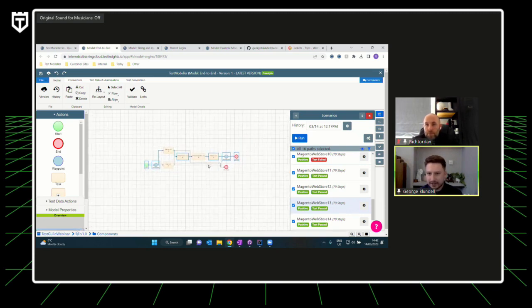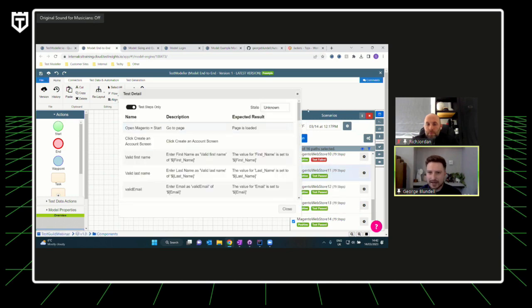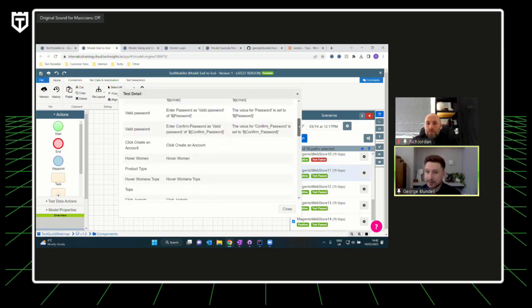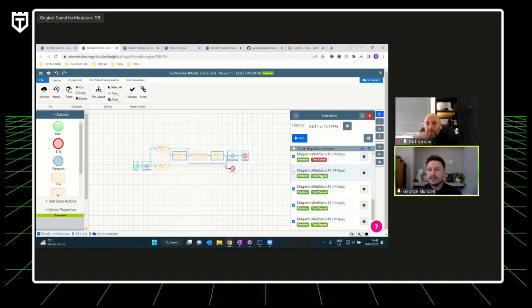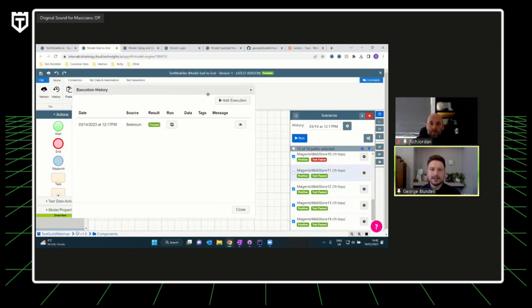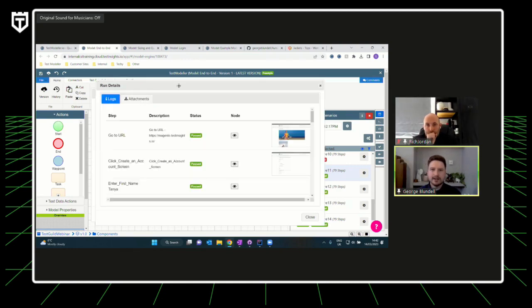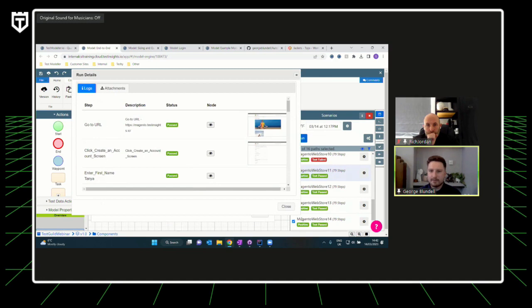If I zoom in, you'll see, for example, Magento Web Store 11 has 79 associated steps with it. I can come in and take a look at those steps myself. These are essentially your manual test cases. But most critically, we can actually run some of those test cases as well. What I did just before this is use that Java Selenium-based framework to go away and run those test cases. I can come in here, click on the eyeball button, and this will bring up some information about what happens during that run.